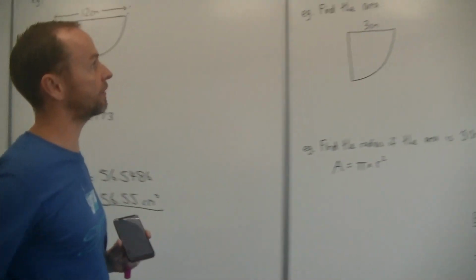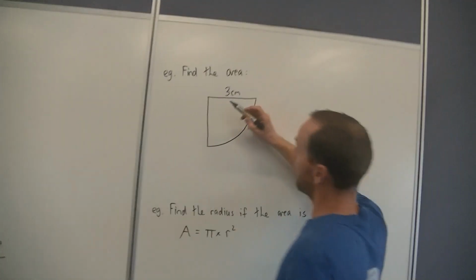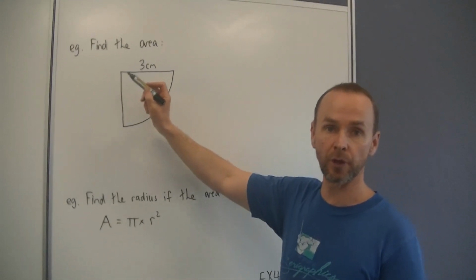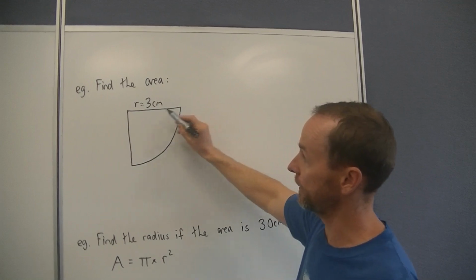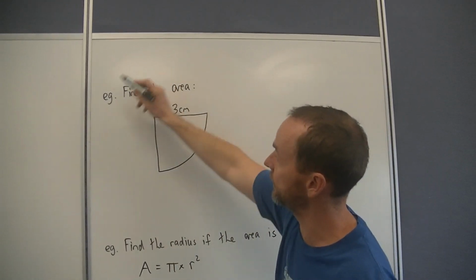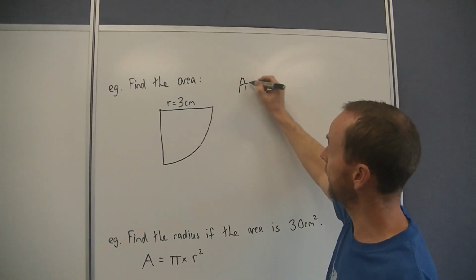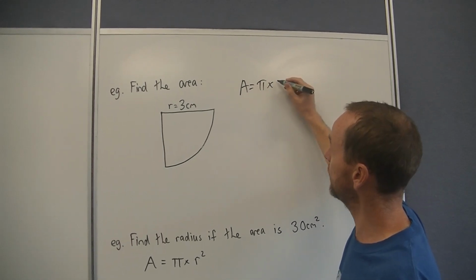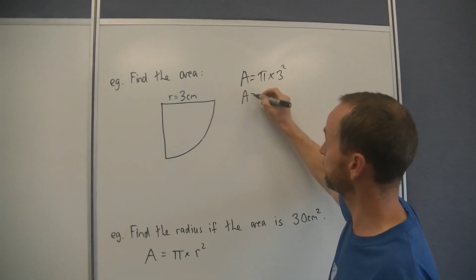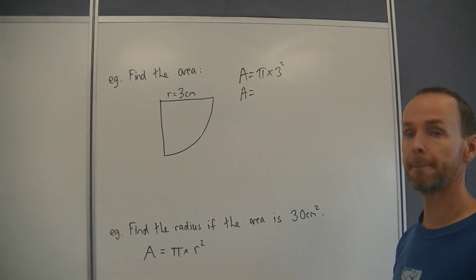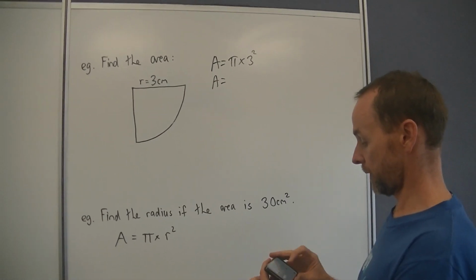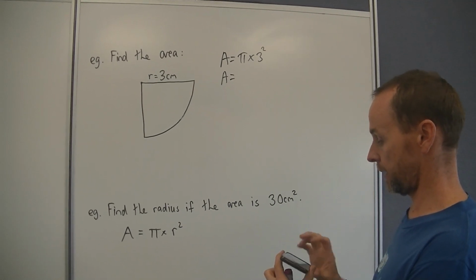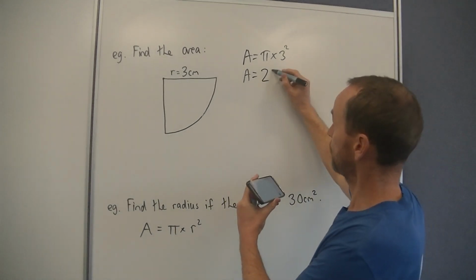Let's do our last little question. Find the area. Now this time it's a quarter of a circle. So, and the radius is given this time because that's 3. There's the centre of the circle. If you can imagine there's our circle around there. So the area equals pi r squared, pi times 3 squared, which is just 9 times pi. So again I use my trusty calculator. So 9 times pi equals, and I get